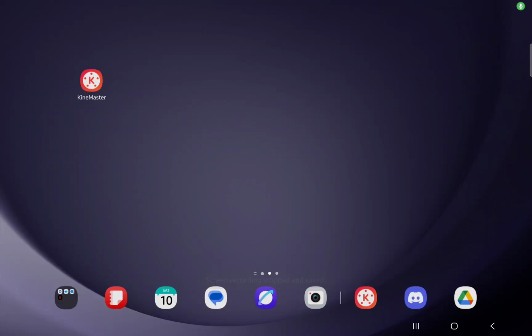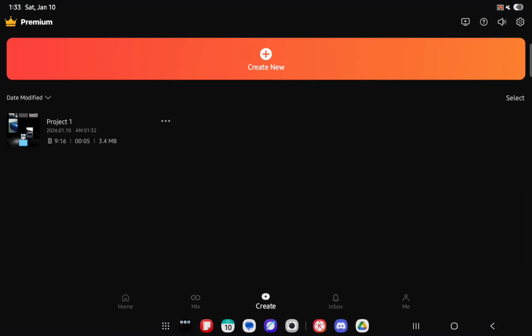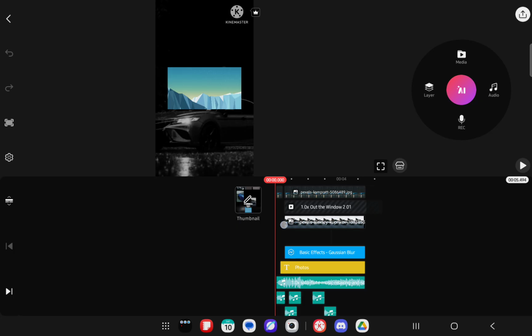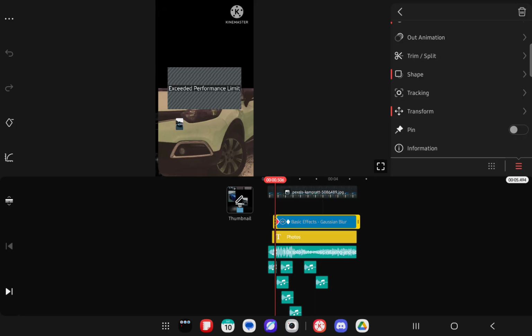Hello guys, in this video I'm going to show you how to replace an effect at an effect layer in Kinemaster. The first thing you need to do is enter the app. Once you are done with that and you are in the home page, you can just press on a project, and after that find the effect layer, press on it,